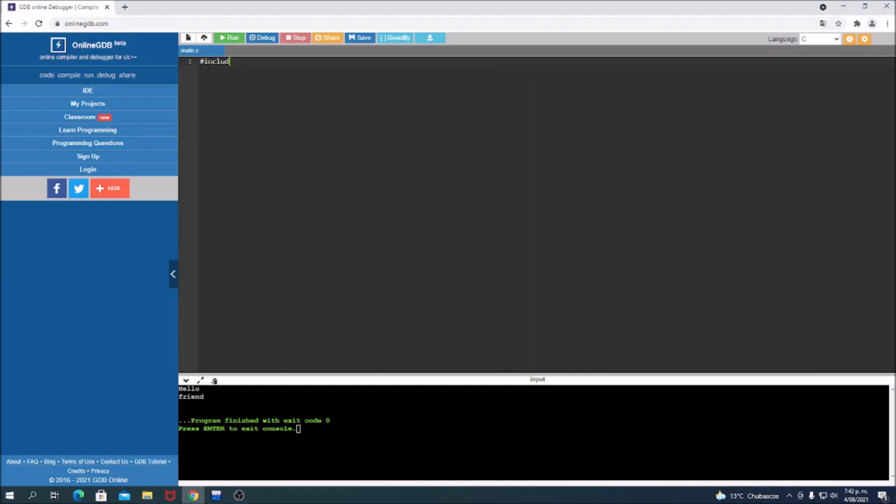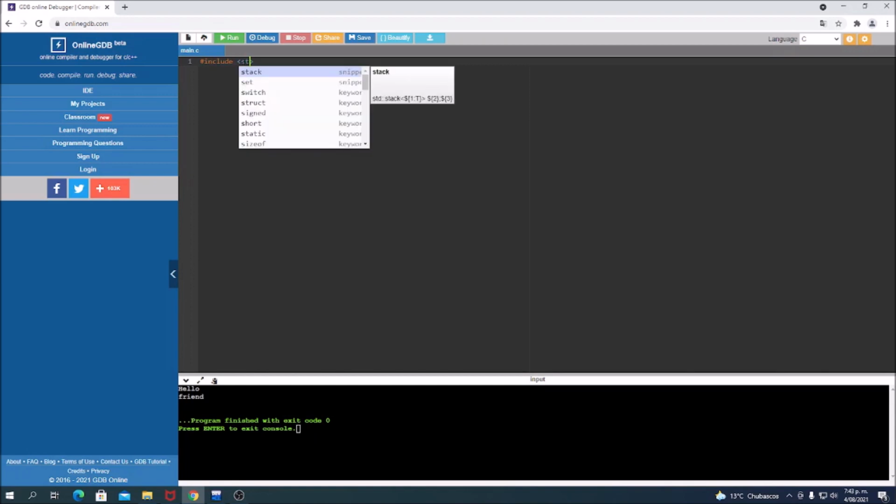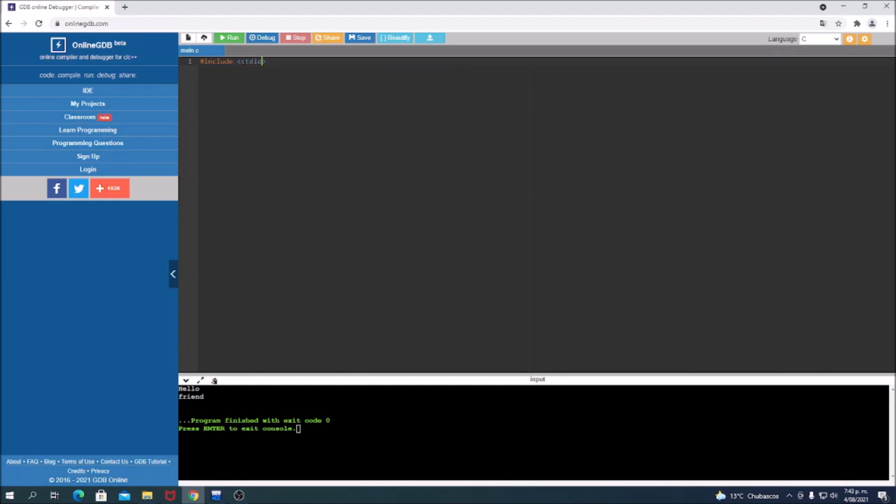This preprocessor instruction, which is a number sign include, stands for including a file. And the name of that file must be in arrow signs, so stdio.h. Every file that finishes in .h is a header file, which is a library, or a file that contains